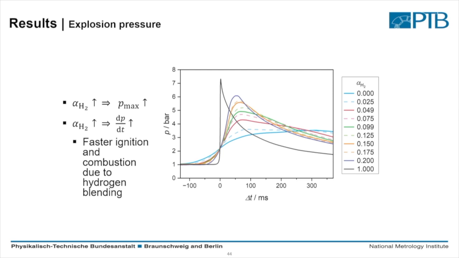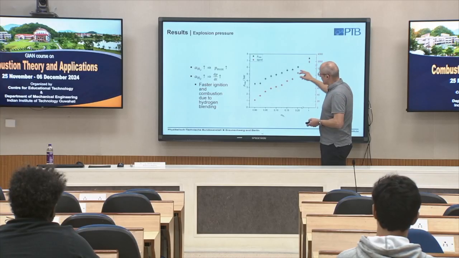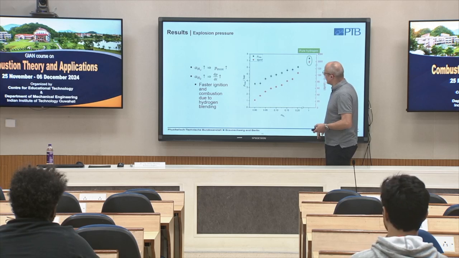And if we add then hydrogen, you can see how the slope rises. So it's getting faster and faster when we add hydrogen to the system. So this we calculate. First of all, we get higher pressures when we add hydrogen, because the losses at the wall become less and less important, and the pressure rises faster, as shown before.